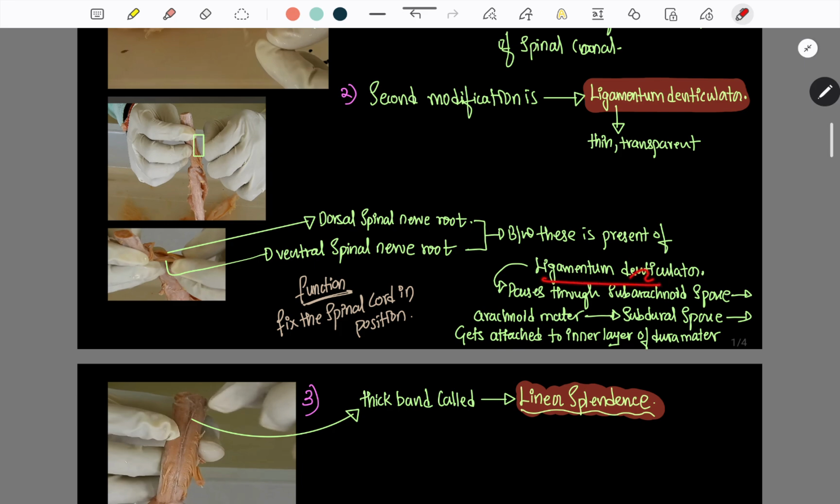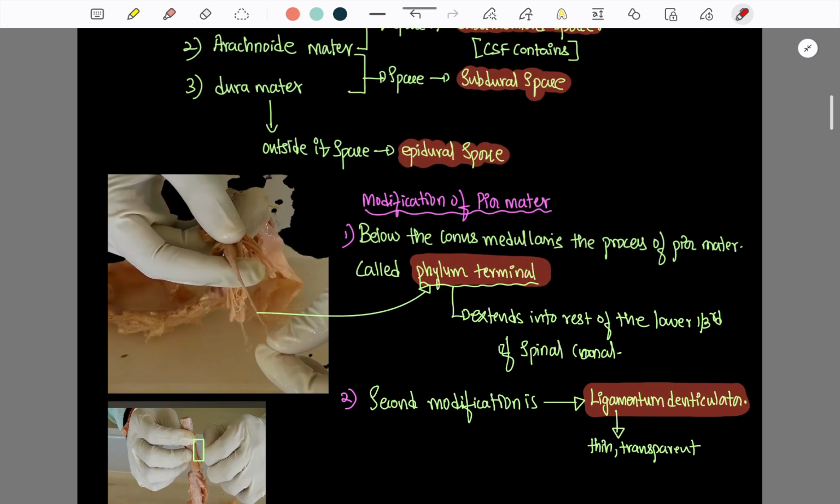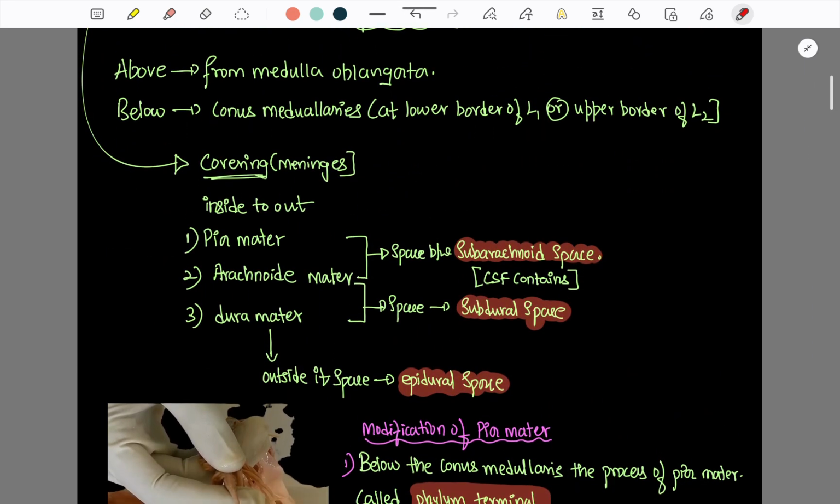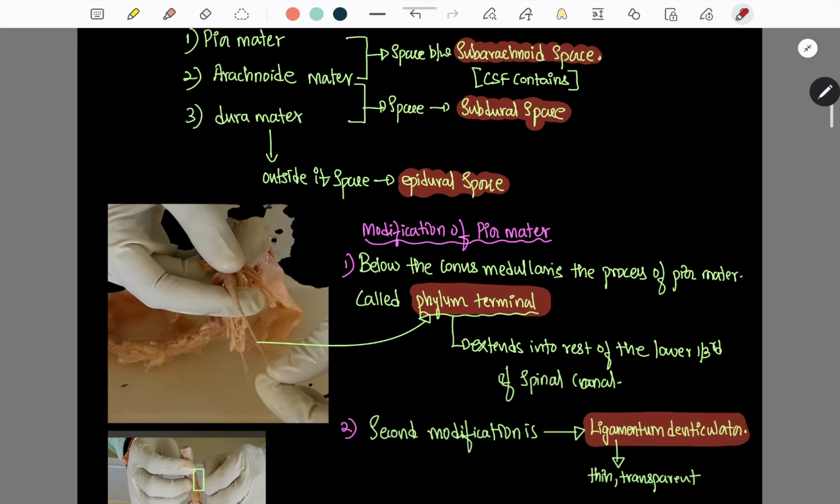and in its extension, it passes through the subarachnoid space, arachnoid mater, and subdural space, and gets attached to the inner layer of the dura mater. Okay, because you have seen here, it passes through the subarachnoid space, arachnoid mater, subdural space, and the inner aspect of the dura mater. I think now you understood